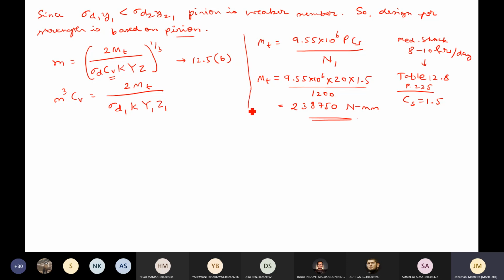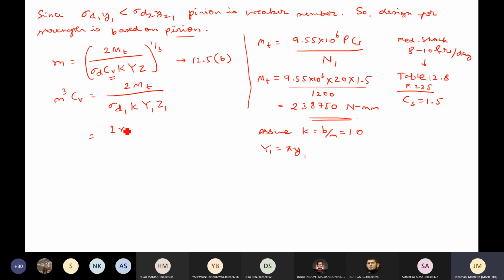Okay, so that was about MT, that is the torque transmitted. We'll assume K, which is B by M, as usual as 10. In the previous problem also we took it as 10. For most of the problems you can take it as 10 for spur gear. When it comes to helical gear, it will be a different value. So we'll take it as 10 for most of the problems. We have already calculated what is y1, so we can directly put it here. See, capital Y1 is equal to pi into small y1. So we'll directly put it in the equation there.